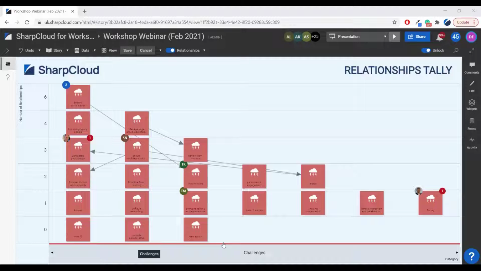So now that gives us a little bit more of a clear understanding about where we might want to create some action items to help us address some of these challenges that maybe haven't been connected to a best practice yet. So if you're following along with me in the story, I'm going to ask you to jump to